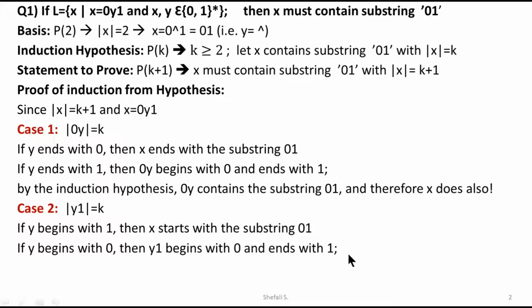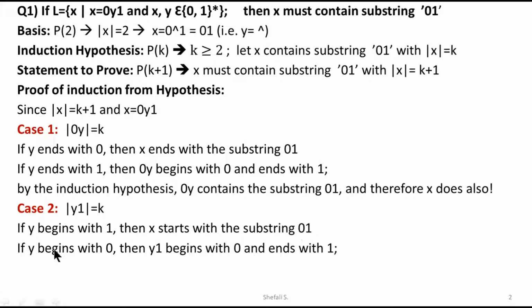In a similar fashion, as we used earlier for the first case, only in case 1 we have taken y at the end and y may end by 0 or 1. Here, y is at the initial position and y may start with 0 or may start with 1. So if y starts with 1 and the initial 0 we have omitted, then starting y and the initial 0 goes for the formation of 0, 1.